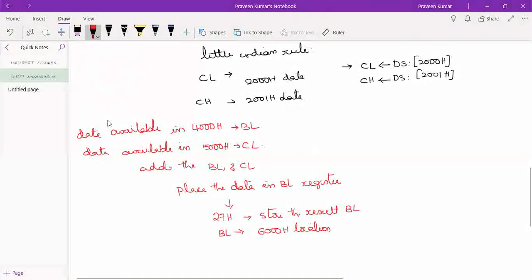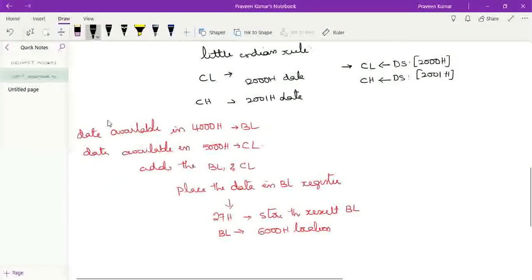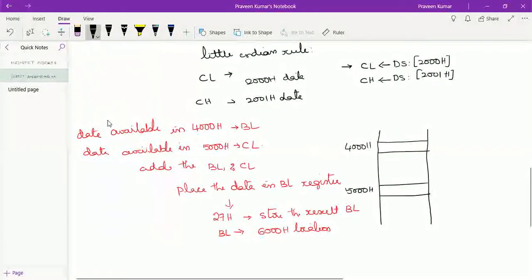So if I write it down in a simpler manner, we have some locations: there is the 4,000H location, the 5,000H location, and the 6,000H location. The data available in 4,000H should be copied into the BL register, and the data available in 5,000H should be copied into the CL register.